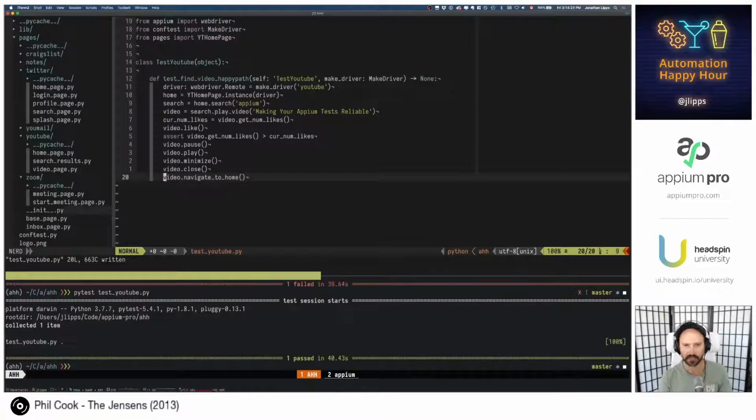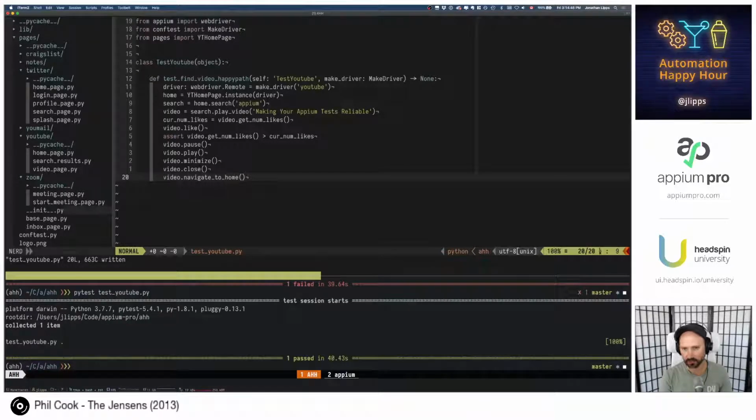Obviously a big application, lots of complex things, lots of things that we could test, including video itself, video quality, whether the video is playing, whether it's the right video. We didn't do any of that, but we did walk through basic functional flow. So we're going to leave it there.